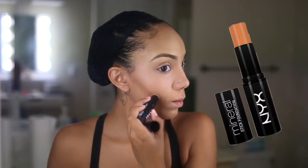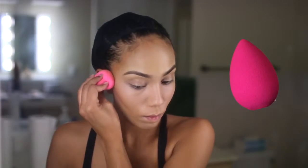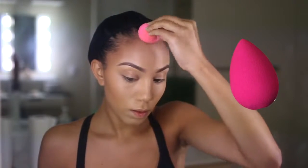Now to contour, I like to take this Mineral Stick Foundation from NYX in the color Caramel. This is the darkest shade they have, unfortunately. And just take that around my cheekbones, all the way around my forehead and on my chin. And I'm going to take my beauty blender to blend that out. I really like this color. It's kind of like, I don't know, just brings some warmth back into my face so I don't look so